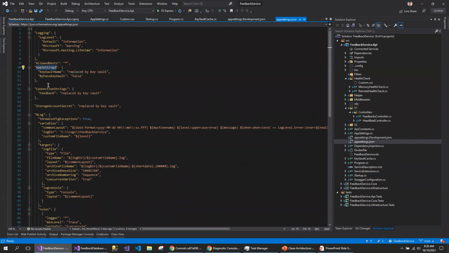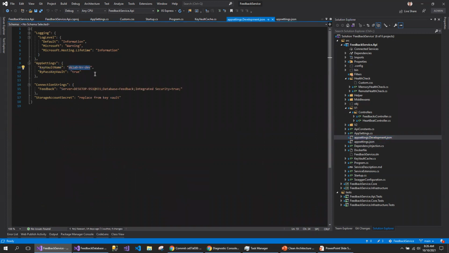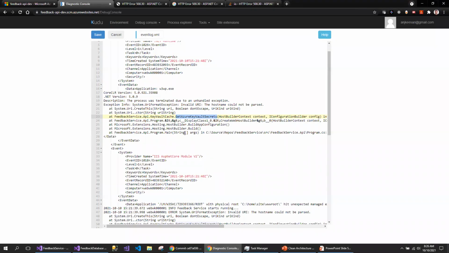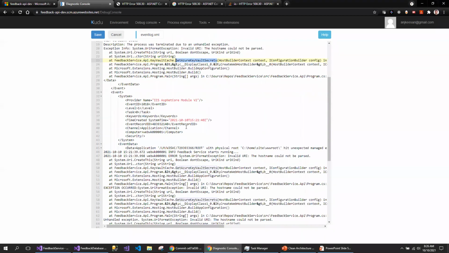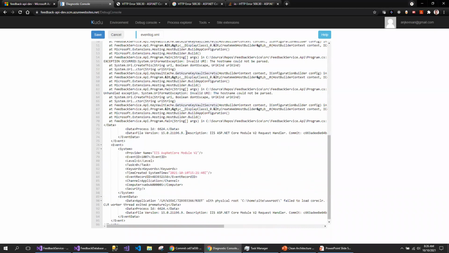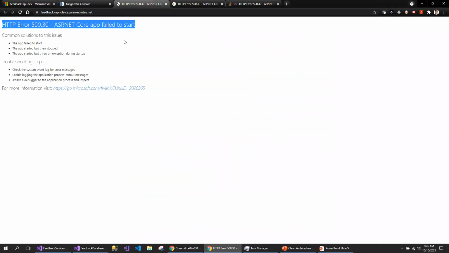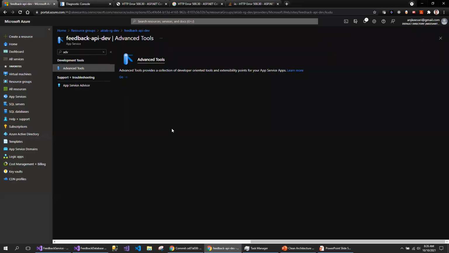That means I have to add my Key Vault name in the app service configuration file. So this is my configuration file. I'm going to fix that now. The main important point here is to make sure that you understand how to look at the logs so that you are actually fixing the right issue.